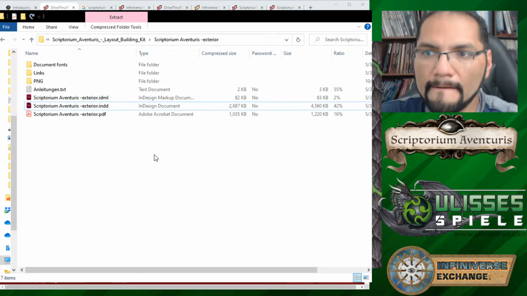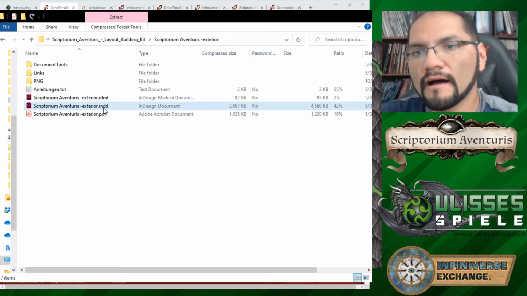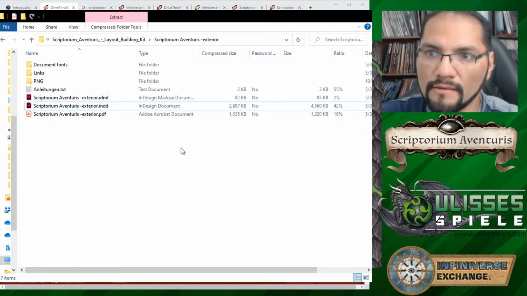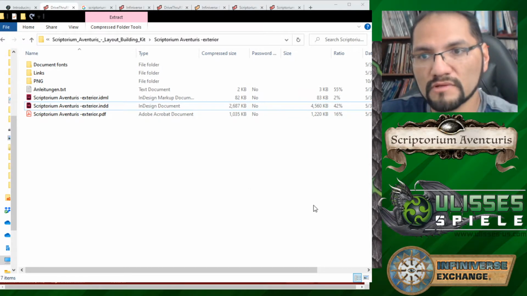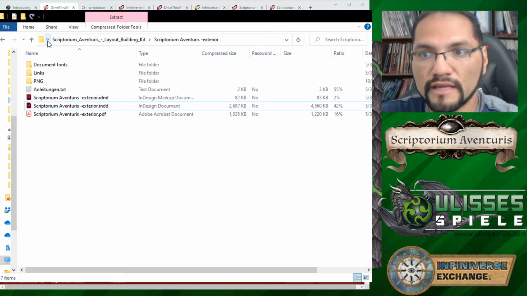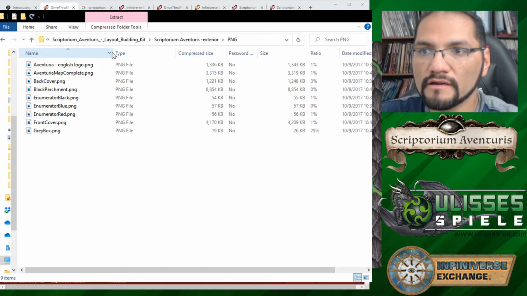So I'm not sure if other programs can open these kinds of files. You might also be able to find Word documents that have some formatting for you. That's a little bit easier and a little bit more accessible. But if you have InDesign, go ahead and check this out, and it'll let you create content that looks really, really good. And even if you don't, you can come here into the PNGs